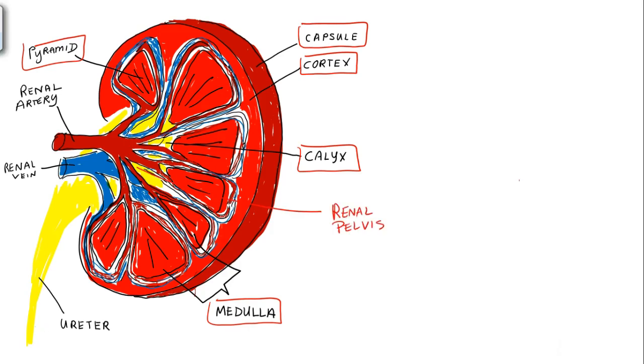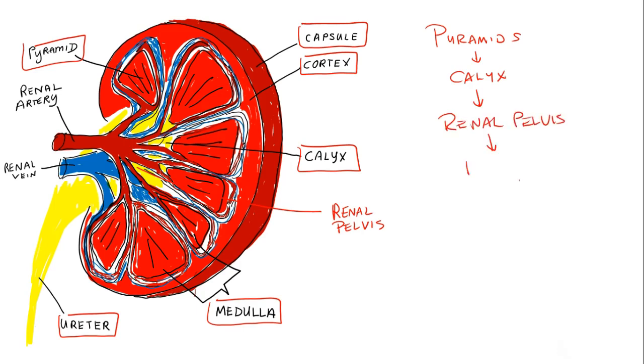And then the renal pelvis drains into the ureter. And then the ureter will lead to the urinary bladder. And so the flow of urine is from the pyramids to the calyx, to the renal pelvis, to the ureters,